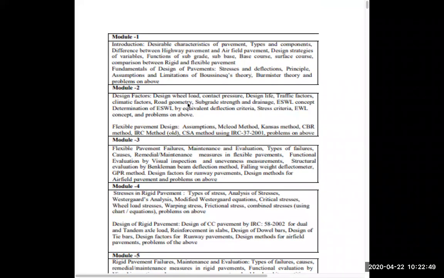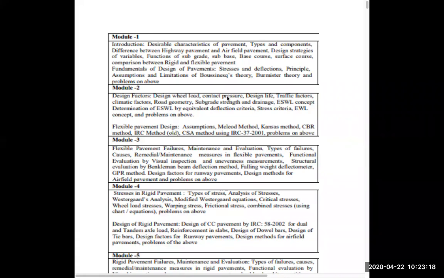For your first internals, you have module 1 with full content, and module 2 only in part. Buzigny's theory and all comes in module 1 itself. Module 2, I'll be covering the design wheel load, contact pressure, and the relation between tire pressure and contact pressure, for which I'll be sharing the notes.